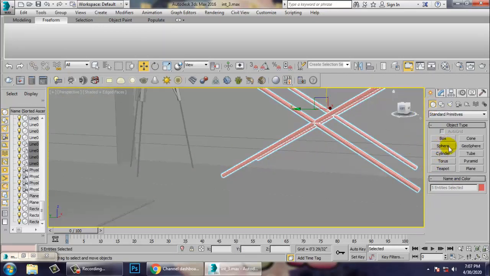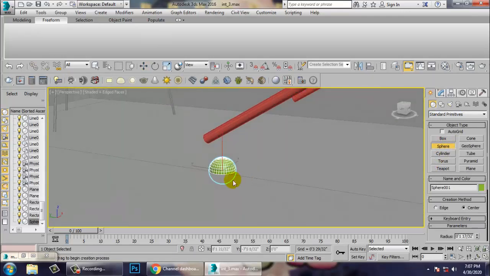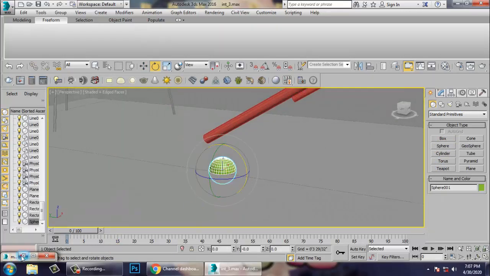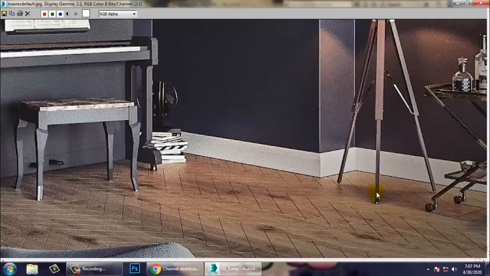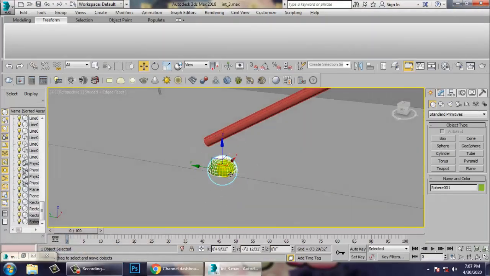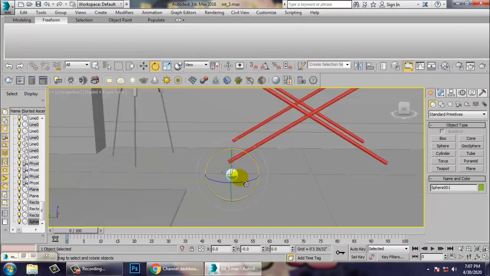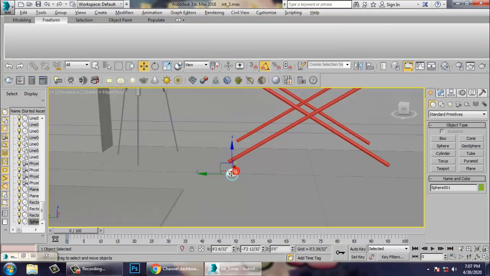I'll take a sphere over here. I'll just place it, rotate it 90 degrees, push it up.